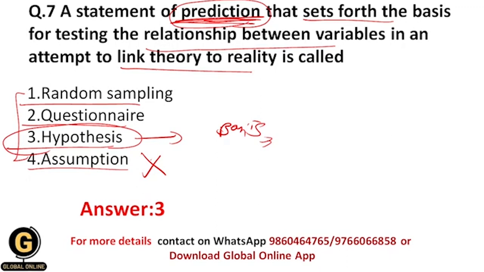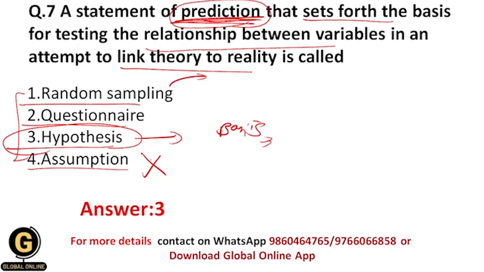It is a proper statement of prediction. This is not an intuitive thinking part. And as well, a hypothesis includes the relationship between the variables, and this is an attempt to link theory to reality, but an assumption is not like this. All of you getting? And random sampling is the technique in the research process